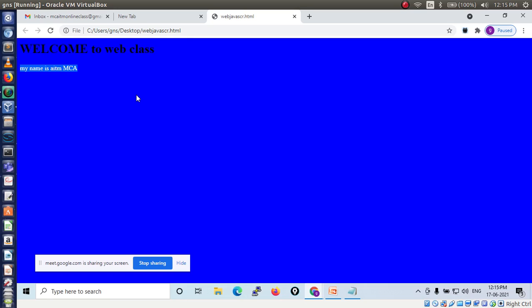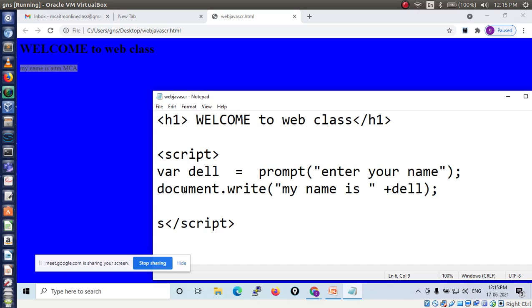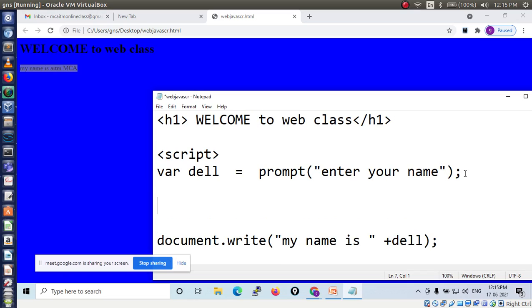Instead of displaying in the web page, I can also display a message in an alert box. Are you aware of the alert box? Alert will show the alert messages. So we have to display our name in alert. So how to use that box? Here I have written document.write. Next, which box do I have to use? Alert. I am going to display my name in the alert box.